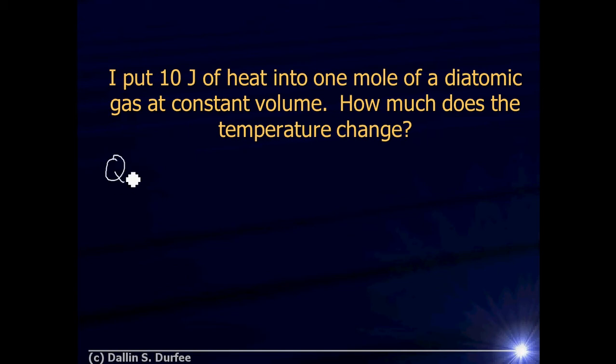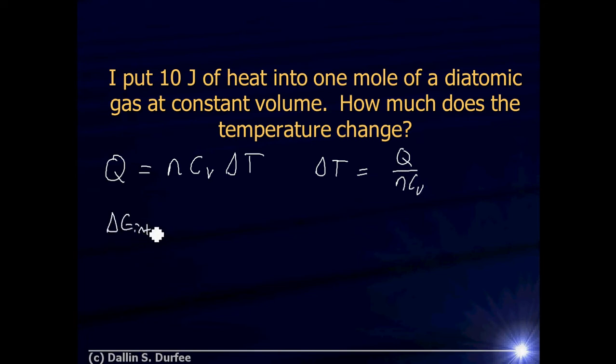The heat that flows into a gas at constant volume is just number of moles, molar specific heat at constant volume, change in temperature. So the change in temperature is just Q over NCV. Or if we forget that, then we say, oh, well, the change in internal energy is always N times the number of degrees of freedom over 2 times R delta T,